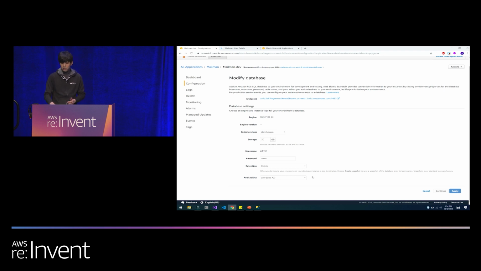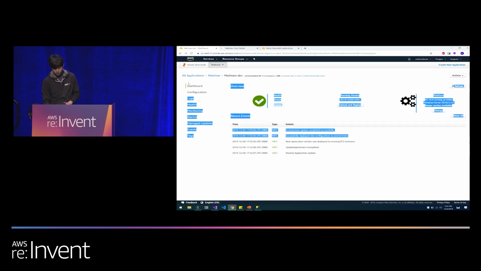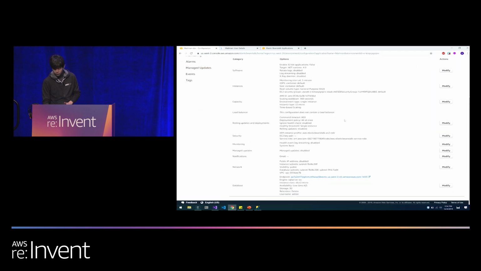Now, for the demo, I have selected delete, which will basically have no retention policy for my database, and I've selected low availability. But when you do this yourself, do not click apply yet at this step. You'll want to click continue, because there's more settings that you have to configure in order for this database to work. So I'm going to take you back to the configuration. After you click continue, you want to click network here, right above the database. You want to click modify,